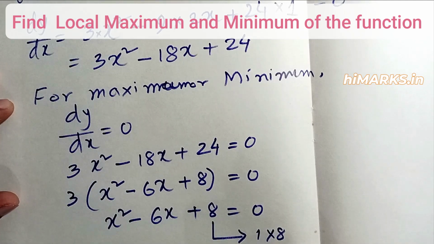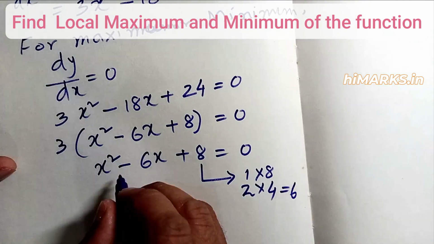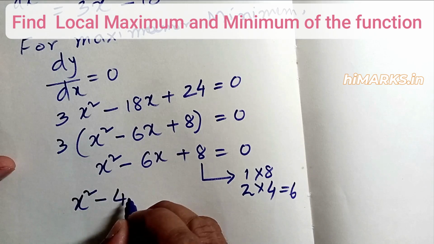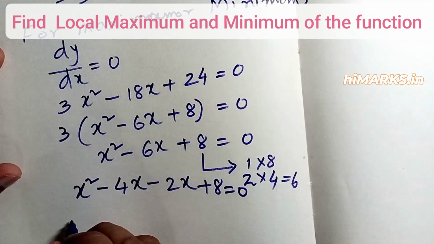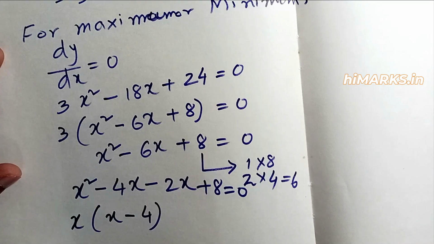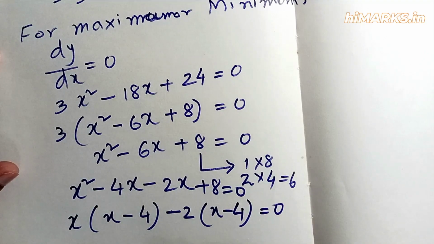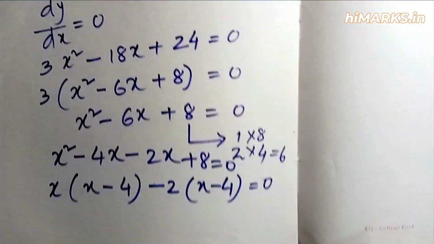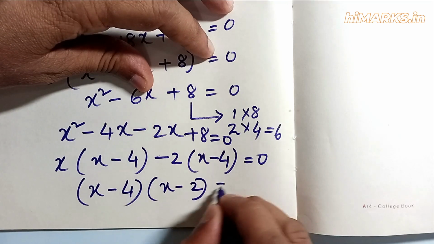Now to find the solution of this, we will use the middle factor method. So 6 you have to break, and you have to make minus 4 and minus 2. So here is the brackets. Okay, this middle factor method is followed, and that gives two factors, x minus 4 and x minus 2